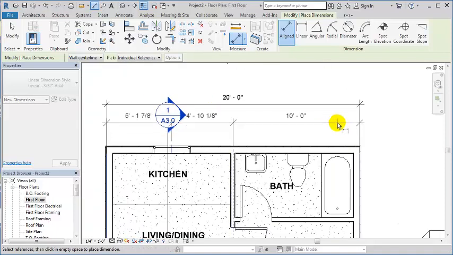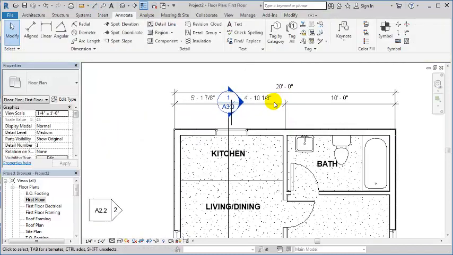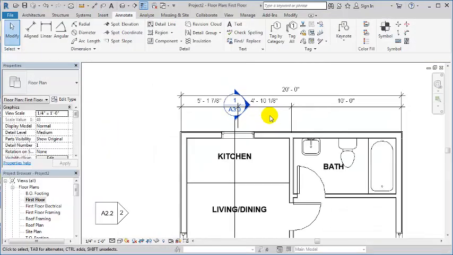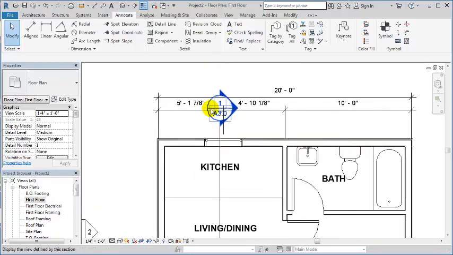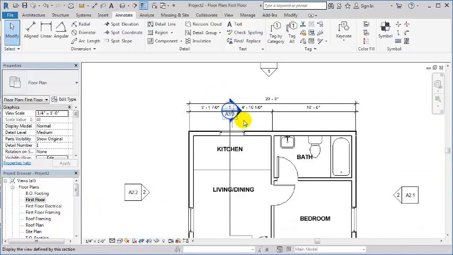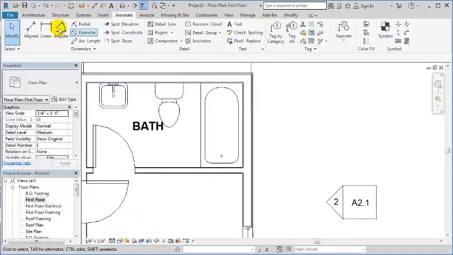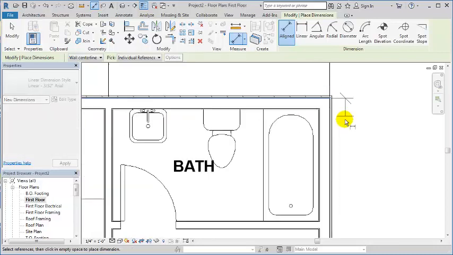When we put that string of dimensions, you'll see that it will lock to the correct distance away from that outside exterior dimension that we had when we turned that temporary dimension into a real dimension. I'm going to fix this problem here after I get all the rest of the dimensions in, so let's continue to place those dimensions. So start by putting your cursor near the line that you want to select and hitting tab, which will highlight it,